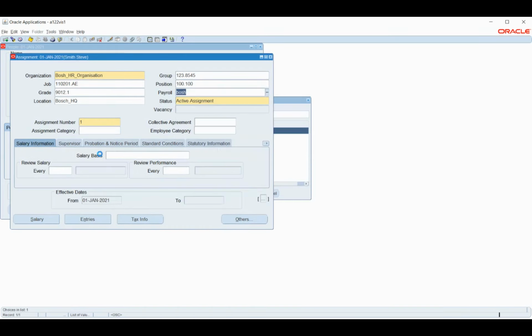I have marked this particular organization as a legal employer as well. These are additional information; if we want to enter the required details for communications we can, but since it is optional, I'm just leaving this. I'll go back to the employee and assign the payroll there.